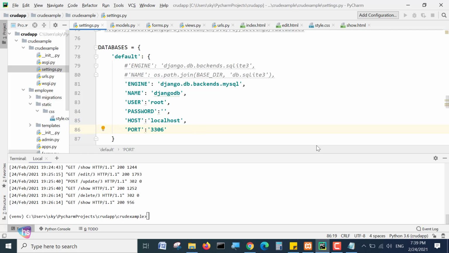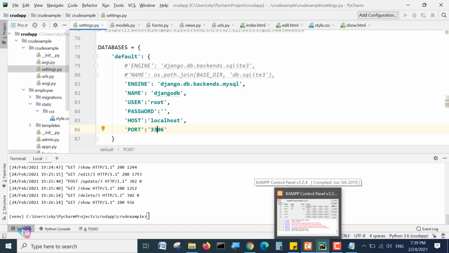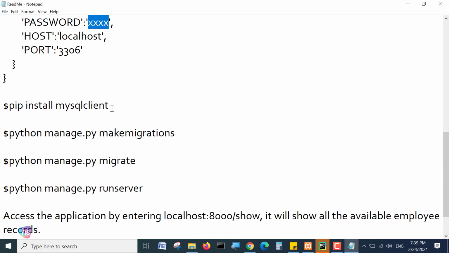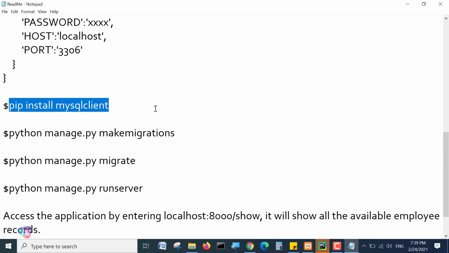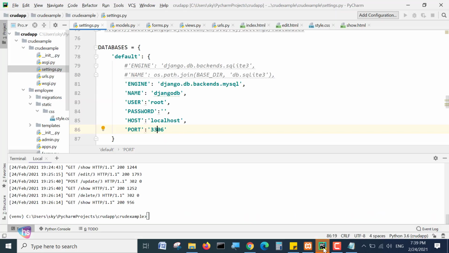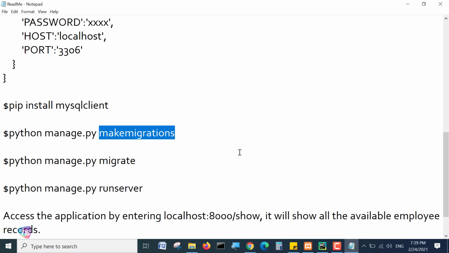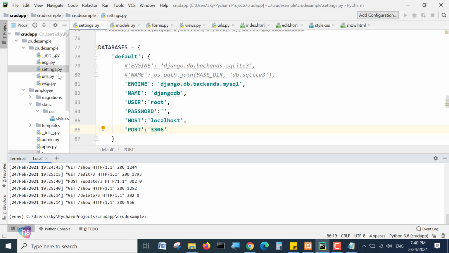It's very important to connect a front-end application to back-end data. All right, once it is done successfully, you have to run pip install mysqlclient in your project. This command is to be run here itself. All right. And now once it is done, we need to make migrations. The migration part is to be done once we create and initiate models, this model we are going to prepare.